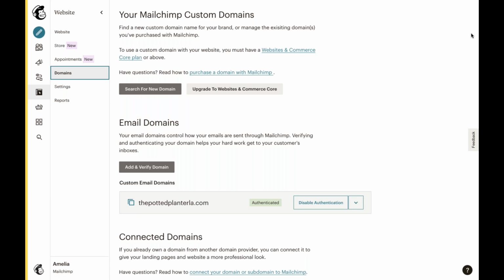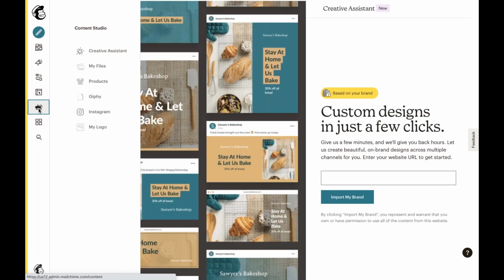So let's now move on to discuss the Content Studio. We're going to go to our left navigation menu and choose the Content Studio triangle icon right over here. We know that your brand is more than just your business name and logo. Your brand is how your business is perceived by someone who has experienced it, and that's why MailChimp has tools to help manage it. The Content Studio makes it easy to organize your files, images, documents, and product images so you can quickly share content with your audience.